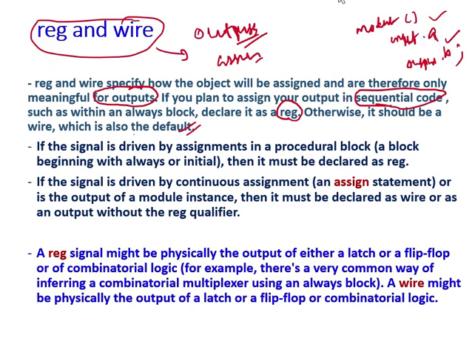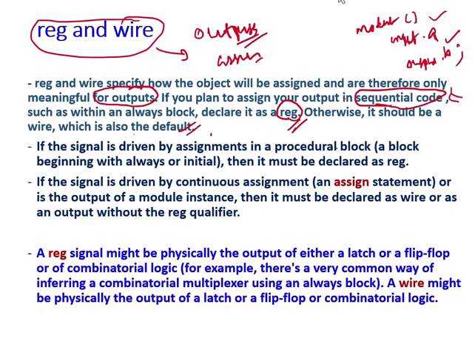But if you know very well what you are going to do with your code and how the code will be converted into your real hardware, and if you are aware of those things, then definitely you will be able to use reg and wire. If it is a reg, then you are designing a sequential circuit, and if it is a wire, then it is either the default one, or normally wires are used for combinational circuits. Reg is also used for combinational circuits. That one we'll learn. Okay, now if the signal is driven by